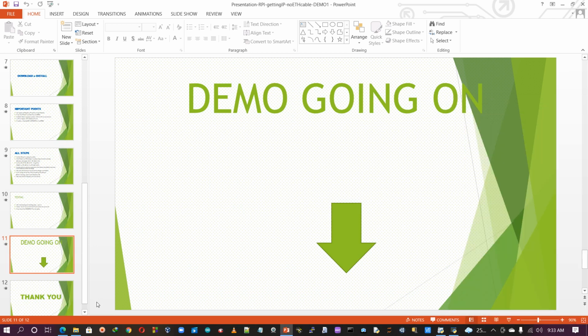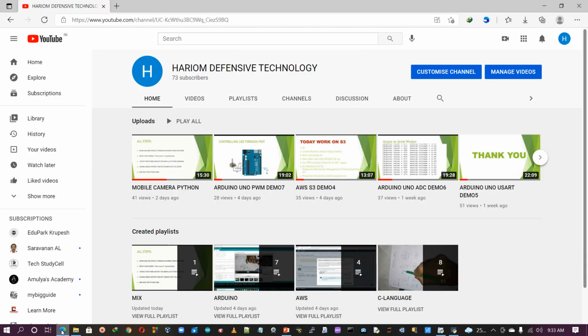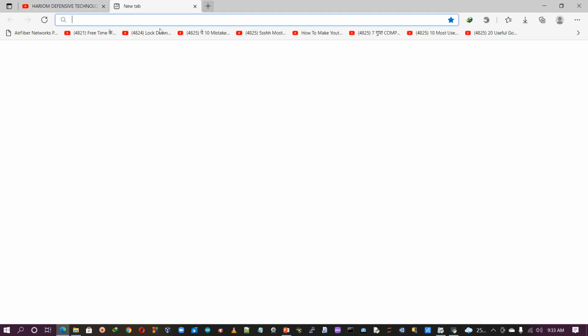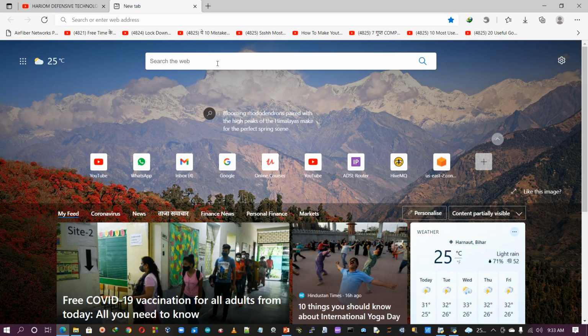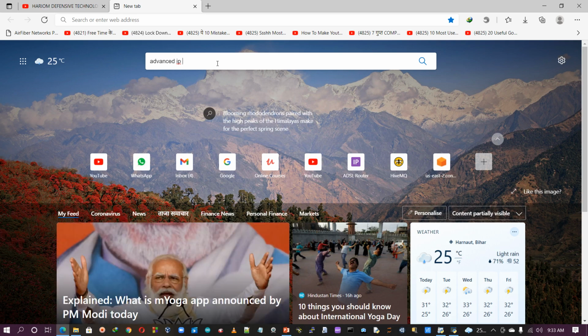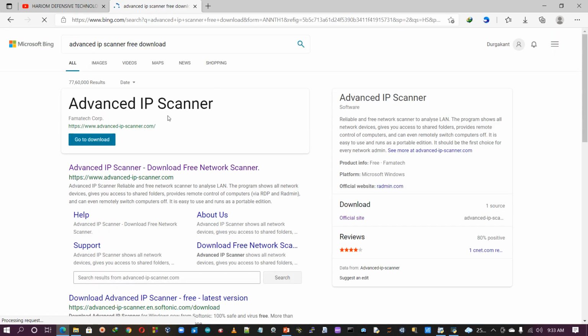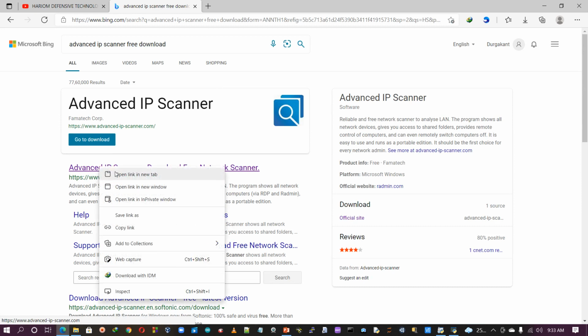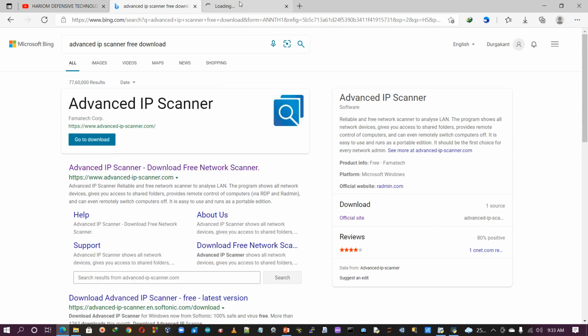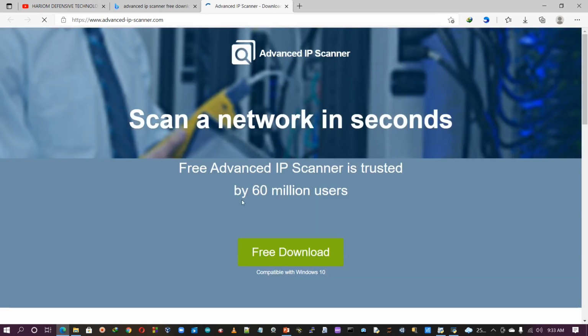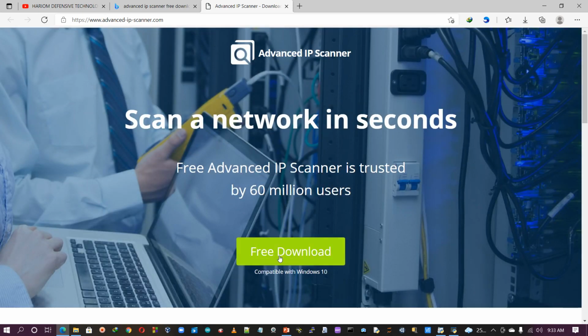Next step is we need to download. Type here Advanced IP Scanner. Click on the first one. Yes, free download, network scanner. Yes, it is that one. So free download.